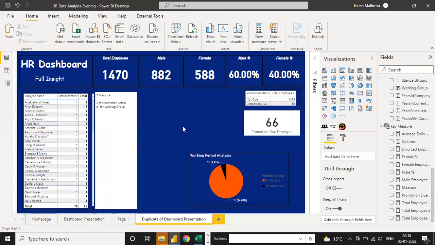Suppose you are working on sales data for all over the world, then you have to use a slicer on the basis of all the countries, and a filter on the basis of one country. Slicer on the basis of India, Japan, US, China. So you can open the India slicer, and under India you use the filter for a total of 22 states. Suppose you want only Delhi data under India, so you can select the filter option.